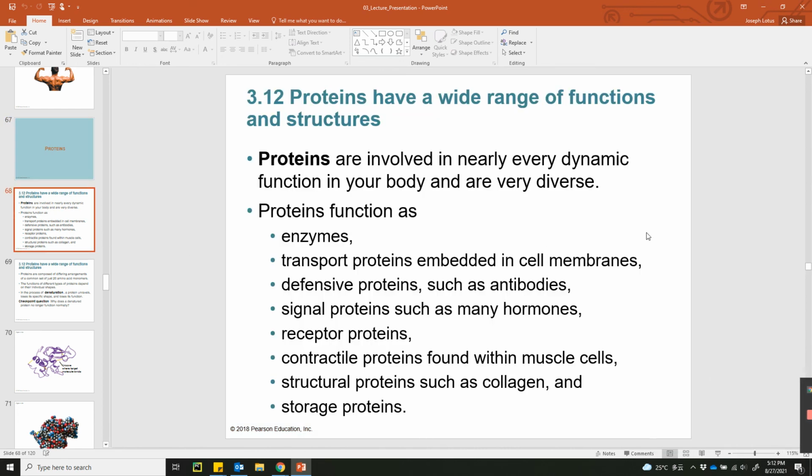Well, they can function as enzymes, they can help to transport different things in and out of your cells, they can work defensively to protect your body. They can make antibodies, they can help your immune system, they can give signals, and they can work as hormones, they can act as receptors to receive signals, they can help your muscles move, they can act structurally, they can even act as storage, and most importantly,